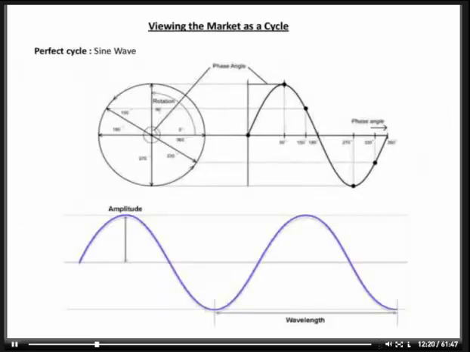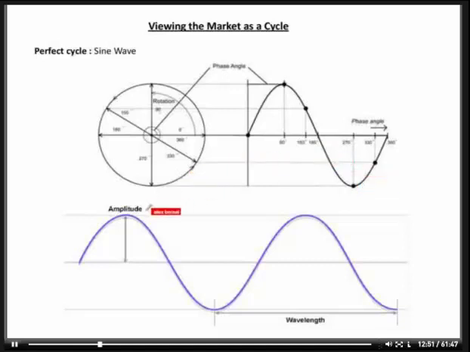So let's talk about a few of the things that are important to know before we look at cycles. We want to look at the vocabulary. First thing I want to talk about is really this thing called the phase angle. And what the phase angle really is, when you're looking at a circle and you overlay it across a time axis, the phase angle is actually just the degree or where we are along the wave movement. So the phase angle is just where this dot is riding along the phase line.